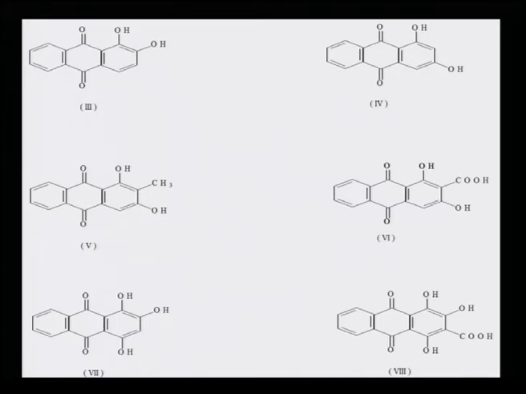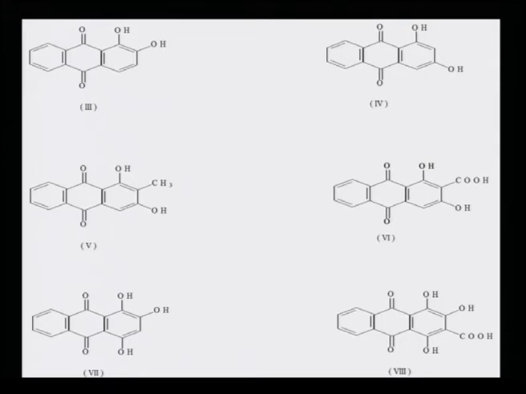In the third case, there are 2 hydroxy groups which are meta, and in between there is a methyl group. Similarly, in the fourth case, there are 2 hydroxy groups in the meta position, but there is a carboxylic group in the ortho position, or rather in the middle position. Similarly, we have the fifth molecule, which has 3 hydroxy compounds, 2 ortho and 1 para, and there is the fourth